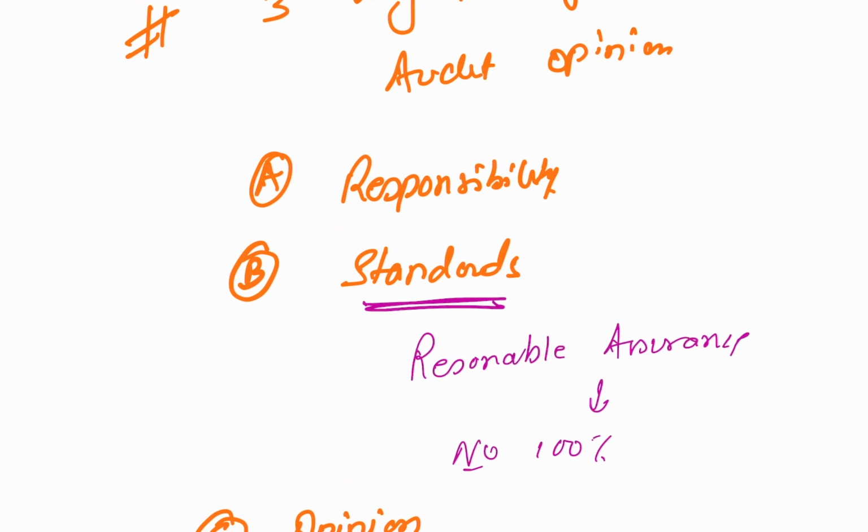So first, responsibility. Second, they follow the generally accepted auditing standards, meaning how you will do an audit, and for that also there is a dedicated procedure. Clear? And the third one is the opinion. Basically, the auditor believes that the financial statements are in line with the accounting rules, based on reasonable estimates, and third, they are prepared consistently across the periods. Clear?